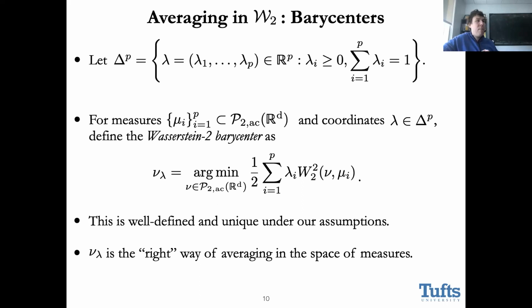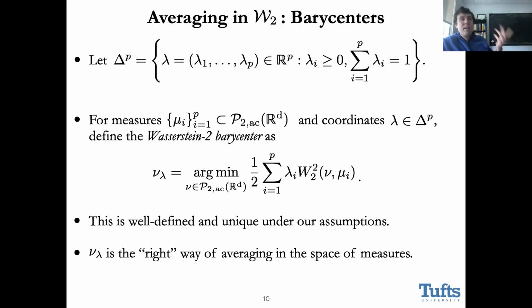So where does this idea come from? Let's imagine we're back in a Euclidean space. I replace Wasserstein distance squared between the two objects with, let's say, Euclidean distance squared between two vectors. Then we know exactly how to solve this problem, right? We can differentiate and it's all very straightforward to get that this is the classical weighted average in a linear space. Here, it's a little bit more subtle, but it's somehow the same basic idea that we want to find the measure which on average sits closest to the reference measures in a Wasserstein sense.